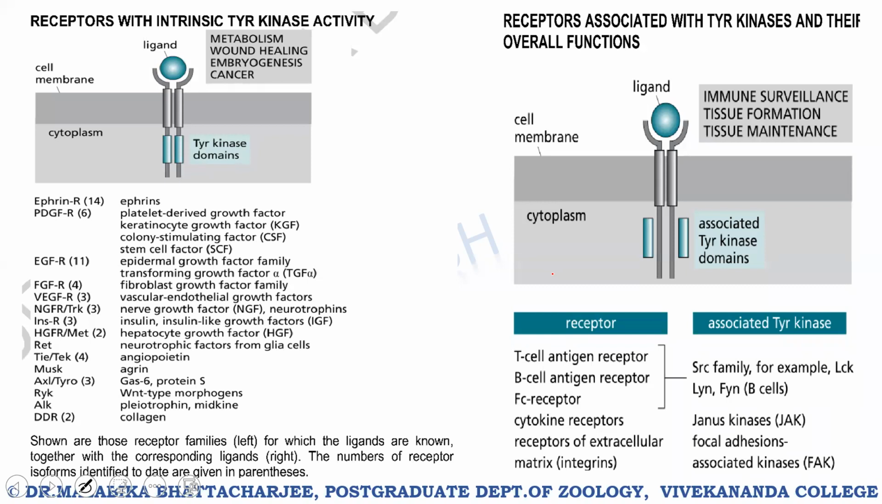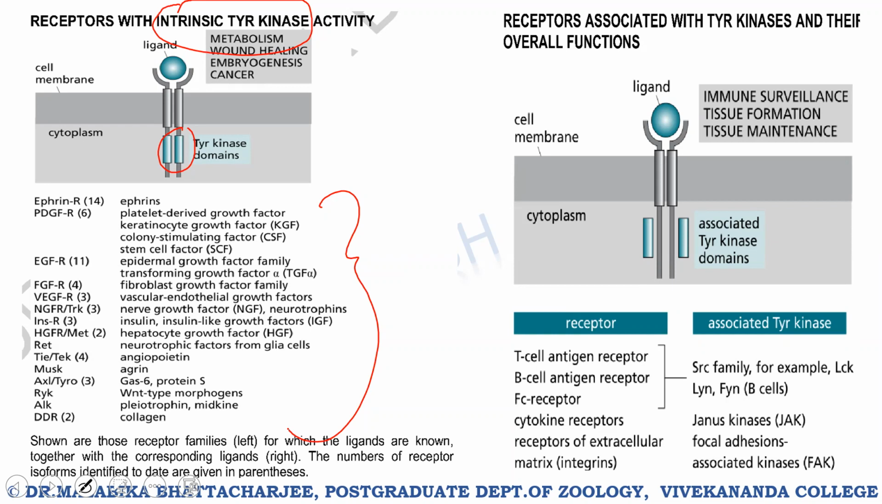If we look into the mode of action of receptor tyrosine kinases, in this particular slide, you can see there are receptors with intrinsic tyrosine kinase activity. That is, these receptors have tyrosine kinase activity in their cytoplasmic domain. So they are themselves armed with certain tyrosine residues which are automatically phosphorylated when the receptor is activated. This is a list of such receptors which have the intrinsic tyrosine kinase